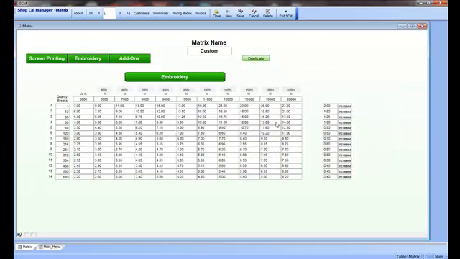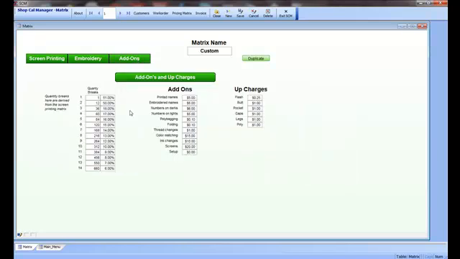Embroidery, basically the same as that. You set in your stitch breaks to here across, and your quantities, again, fill in the first part and then add over here and just do the increase. Now you can, if you want, just go through here and key in every number, but that's a lot of work. Add-ons,